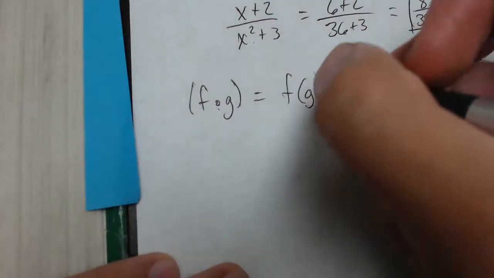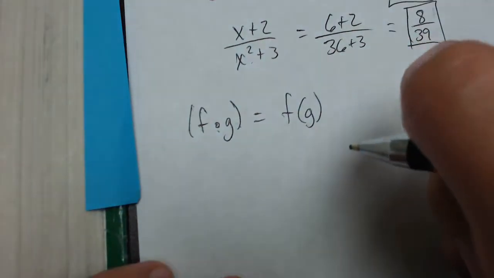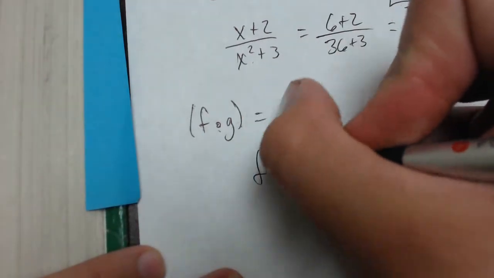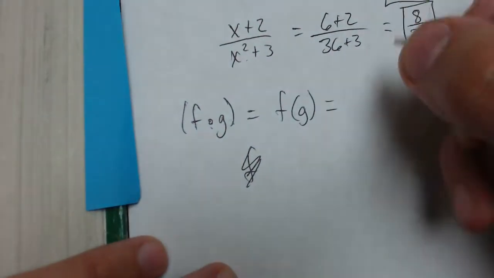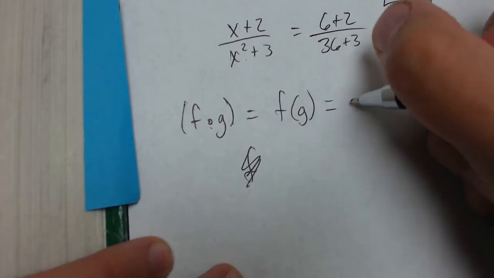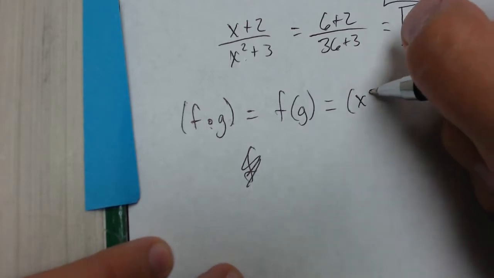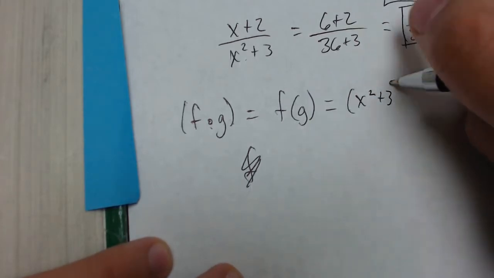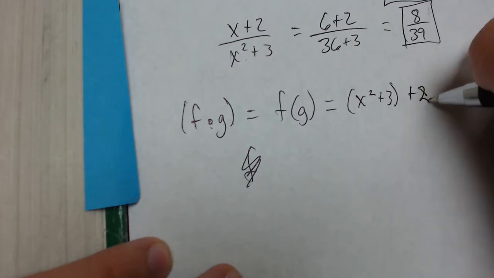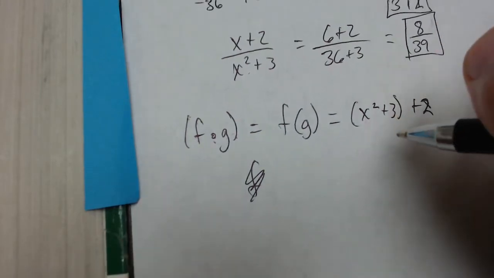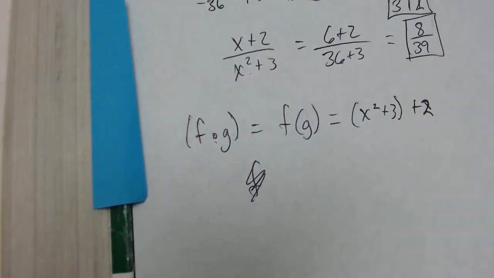So we'll take the function of f, which is x plus 2, and we'll plug in g for x. So instead of writing x, I'm going to write the entire function of g, which is x squared plus 3. And then I need to solve that. Now if I solve this for